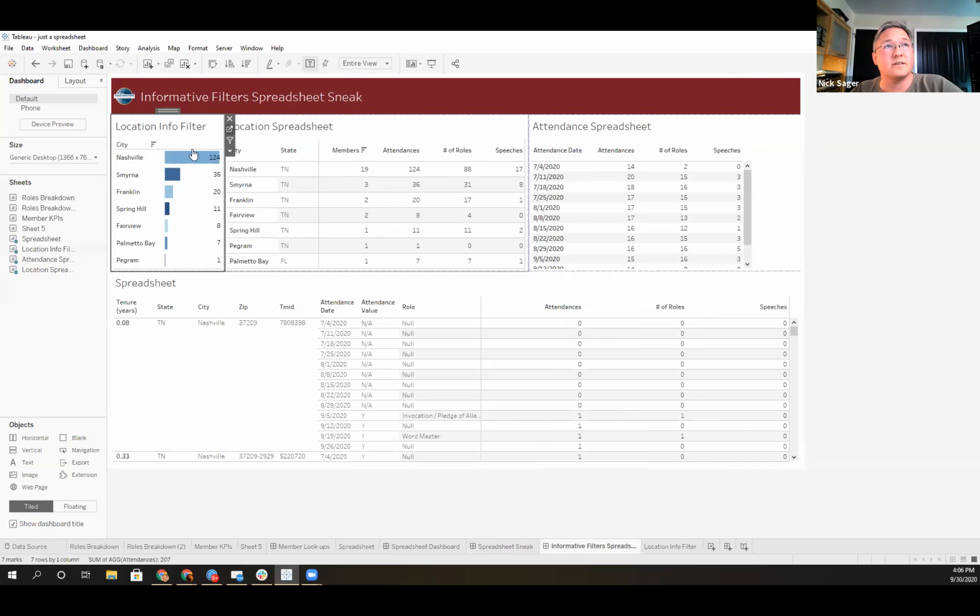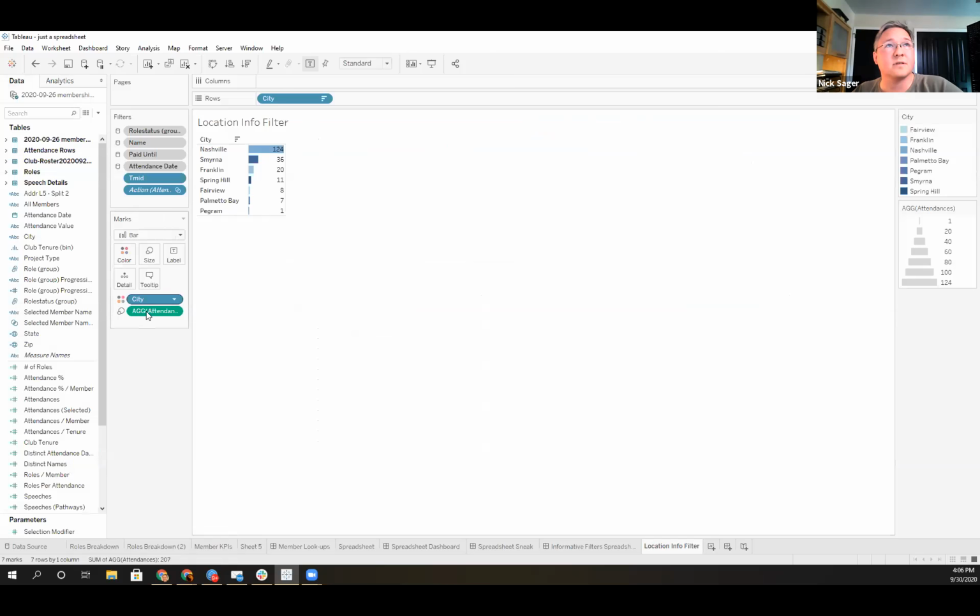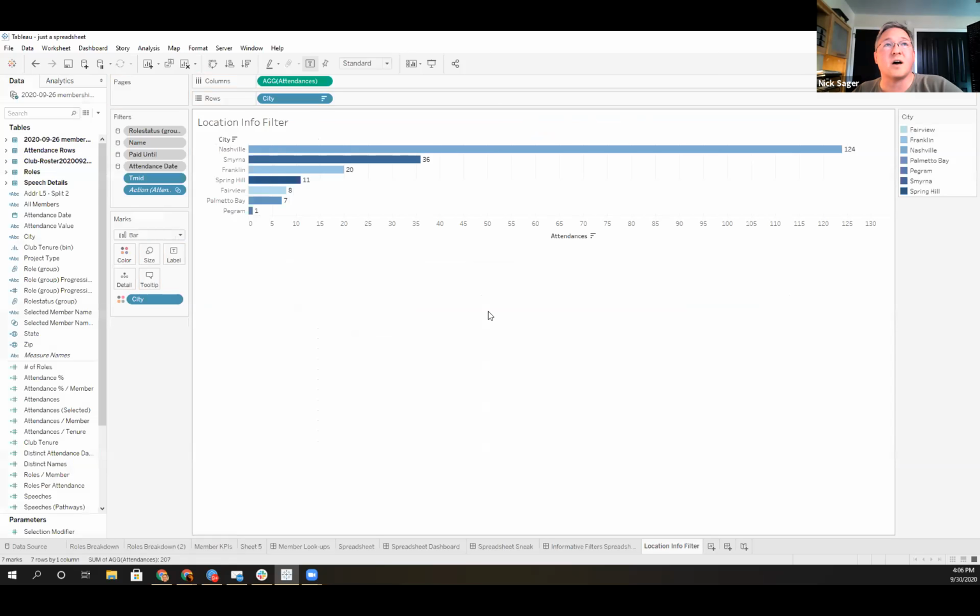Real quick, these are great for giving a bar graph, but in compact space. Technically speaking, this is the common way to do a bar, and you've got the axis, and in my experience, I often just hide the axis, especially if I have labels, and you end up with the whole grid lines. You can make a lot cleaner view by simply taking this measure